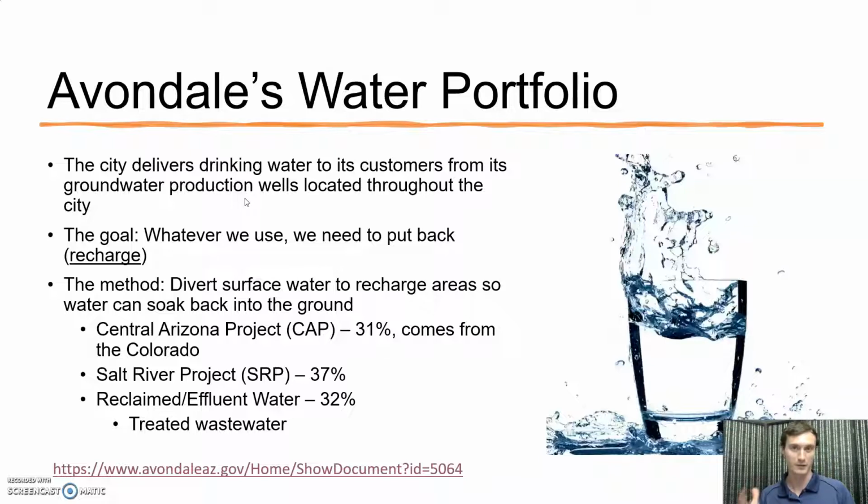Pumping water out of the groundwater. But, well, there's not enough rain necessarily to recharge, to replenish the amount that is used by the city. So where is the water going to come from to recharge the aquifer? And the idea here is to divert surface water in order to recharge these areas to let the water soak